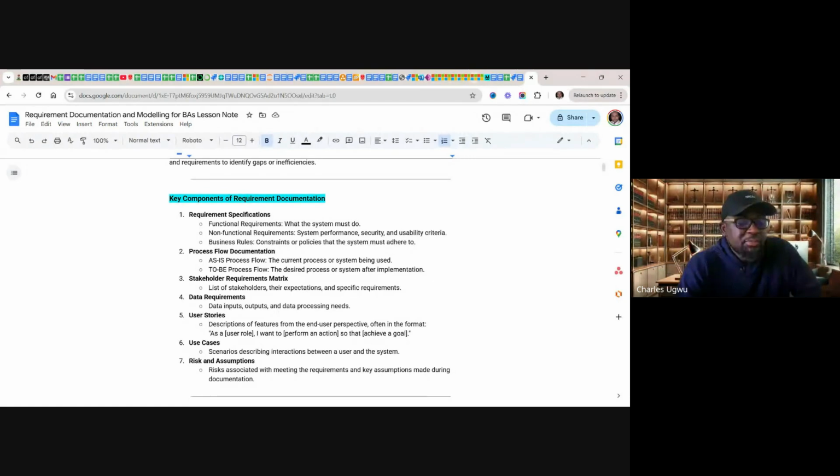Here we have as-is process and to-be process. So as-is process is the current state or the current process. After requirement gathering, you need to understand the current process. That is what we call as-is, as it is. So these are called as-is process. The current process